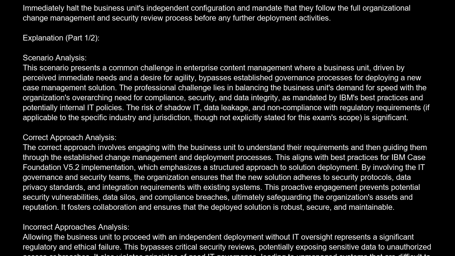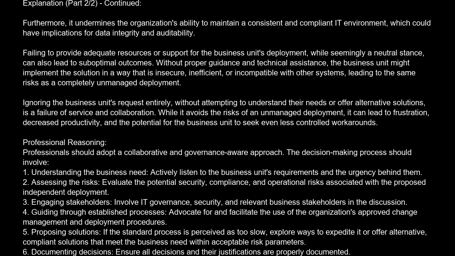Incorrect approach analysis. Allowing the business unit to proceed with an independent deployment without IT oversight represents a significant regulatory and ethical failure. This bypasses critical security reviews, potentially exposing sensitive data to unauthorized access or breaches. It also violates principles of good IT governance, leading to unmanaged systems that are difficult to support, update, or integrate, creating technical debt and increasing operational risk. Furthermore, it undermines the organization's ability to maintain a consistent and compliant IT environment, which could have implications for data